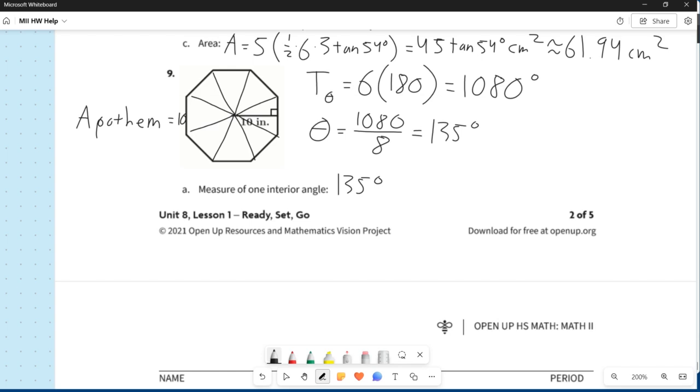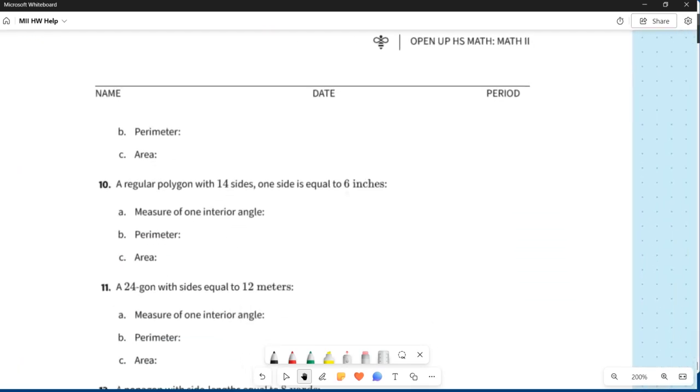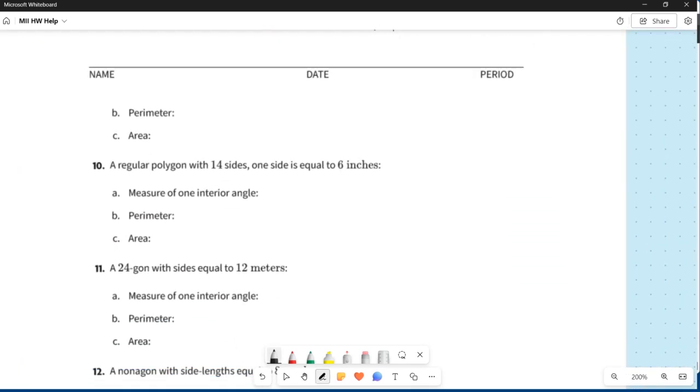Notice the apothem, if I take a look at this triangle here on the right. All 8 of those triangles are congruent, and the apothem actually turns out to be the height of one of my triangles. So if I go down here and redraw one of the 8 triangles that I just drew,